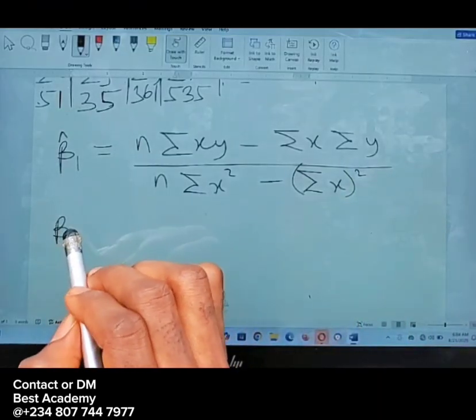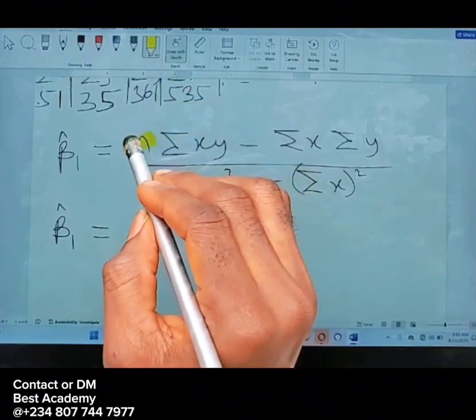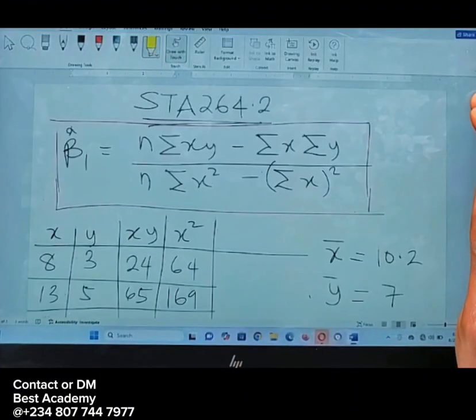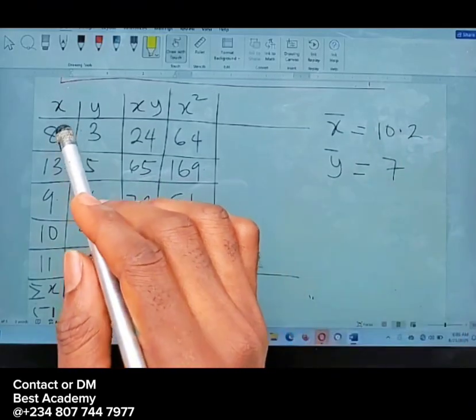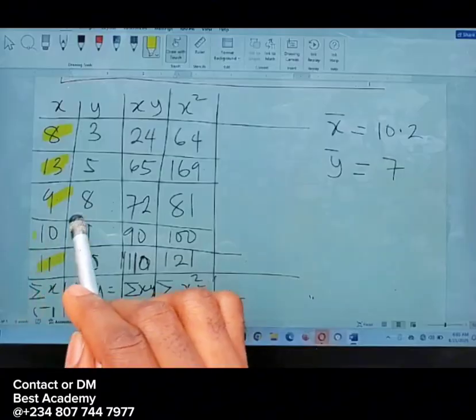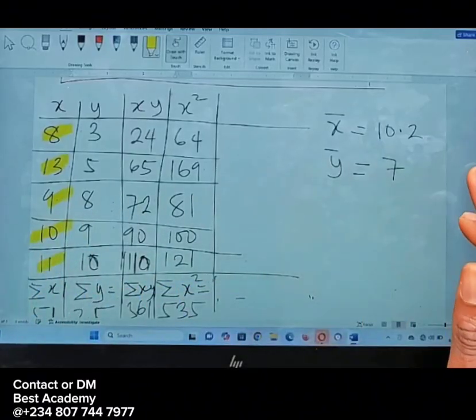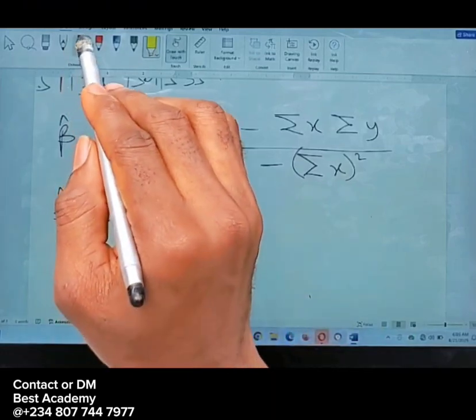So we all know that n is said to be the number of s. So let's count how many there. We have that to be 5, I think so. That is 1, 2, 3, 4, 5. Okay, so now let's try to replace that. That n is said to be equal to 5. So this should be 5